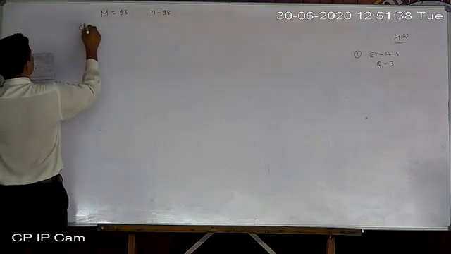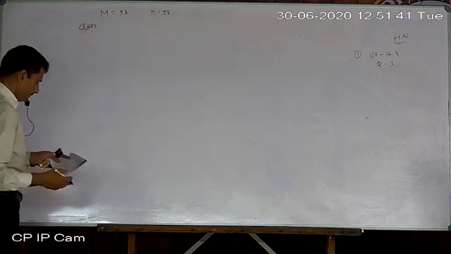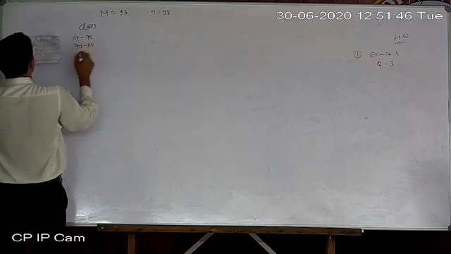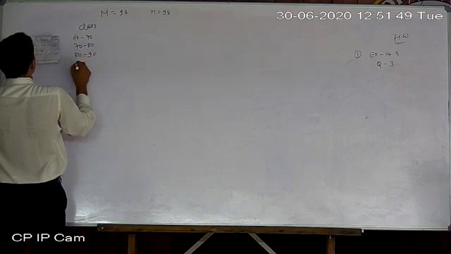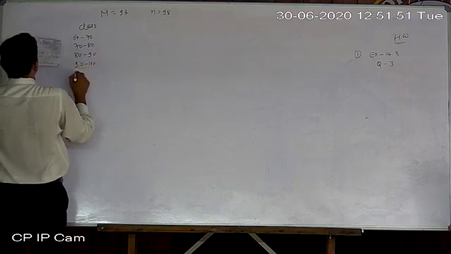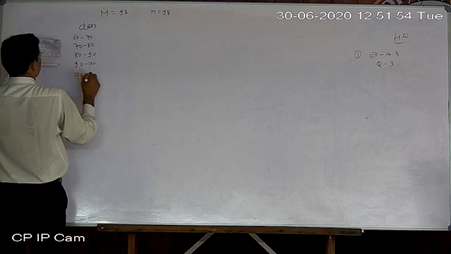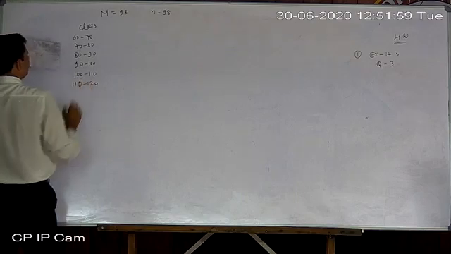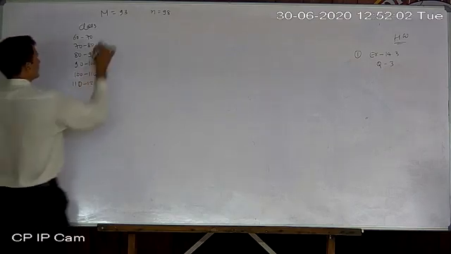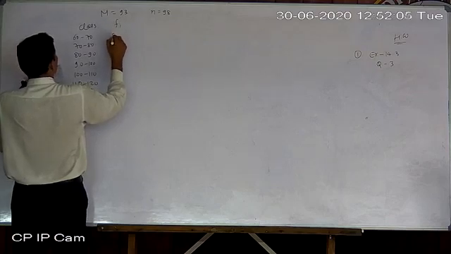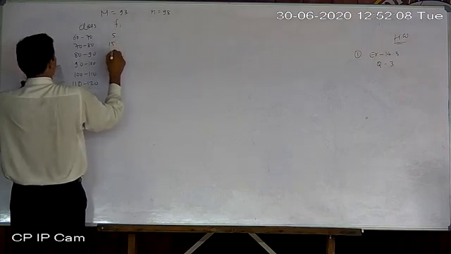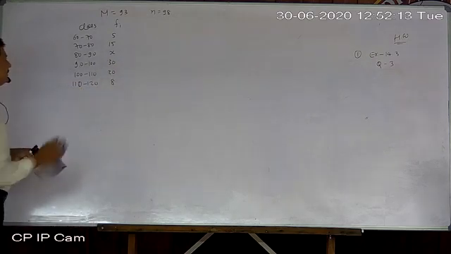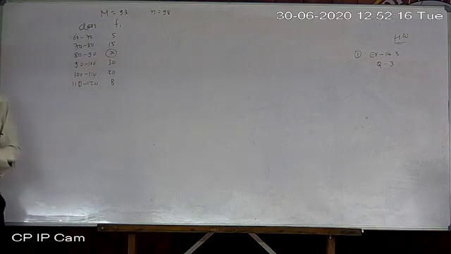Now the class is given, I just write in tabular form only. So classes are 60 to 70, 70 to 80, 80 to 90, 90 to 100, 100 to 110 and 110 to 120. Okay, these are classes. Now frequency. So Fi equal to 5, 15, x, 30, 20, 8. Okay, only one frequency is missing here, not two.